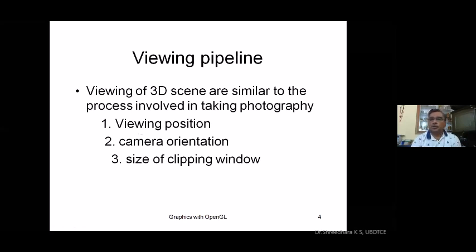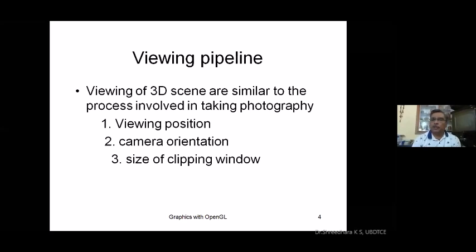So we create a volume, and all the data should be present in that volume. That is viewing position. The second is orientation of the camera, whether he has to move up, down, forward or backward.